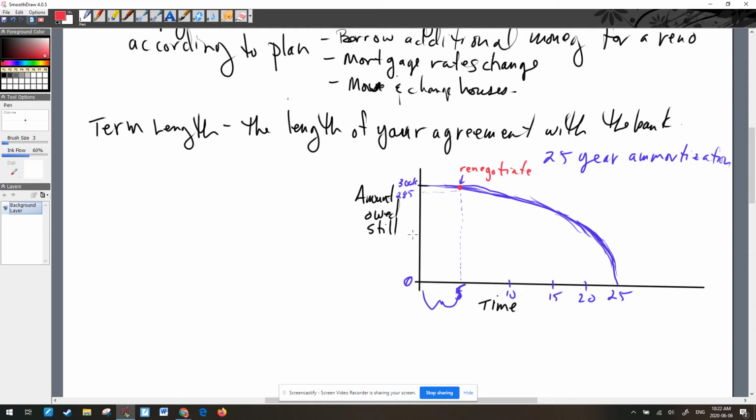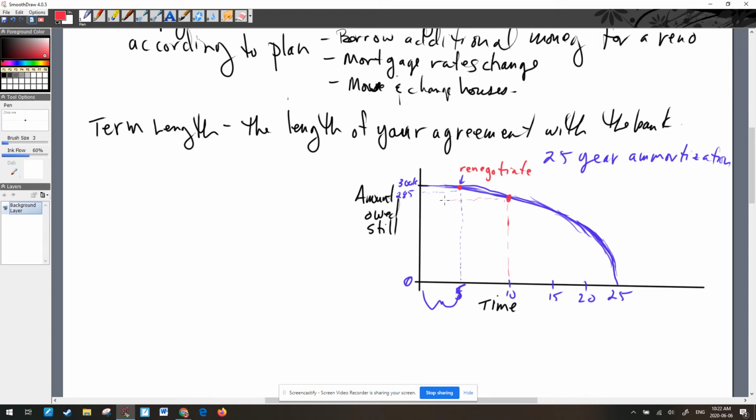But you set up your loan with the bank, and then they know at the end of 5 years, you're going to have to reevaluate. And so they'll check things over. They'll see what your employment history looks like. They'll see what the prevailing interest rates are, and you will set up another loan. In a lot of cases, you don't even go with the same bank because it's in your interest to shop around to different banks to get the very best rate. So, you're going to renegotiate there, and then you're going to have to renegotiate here.